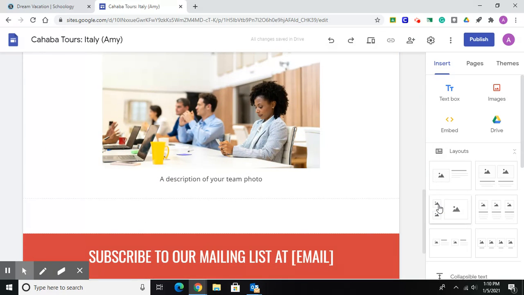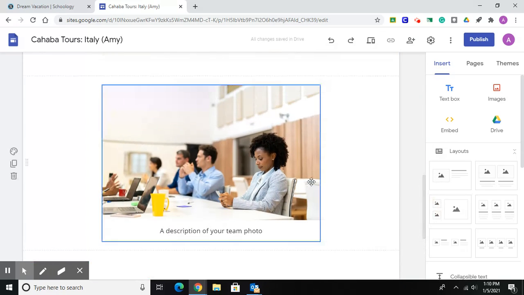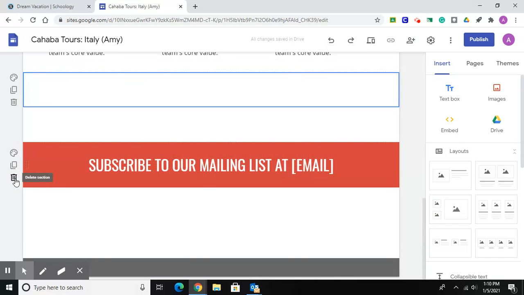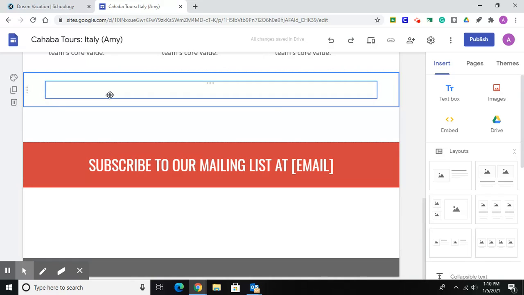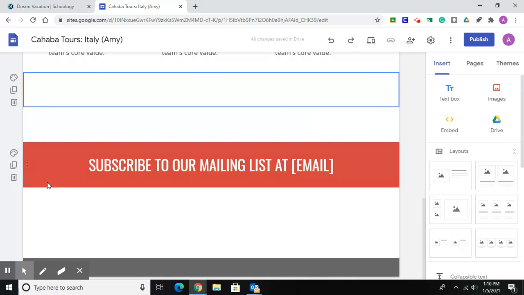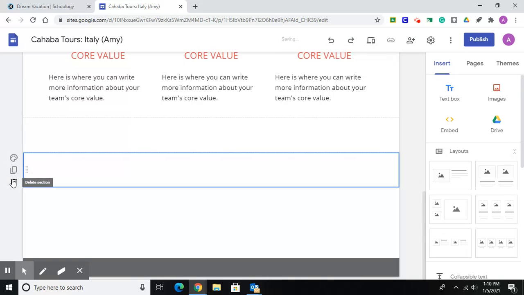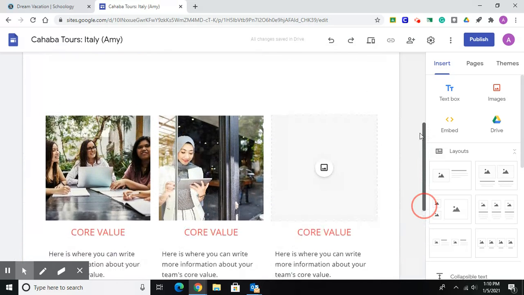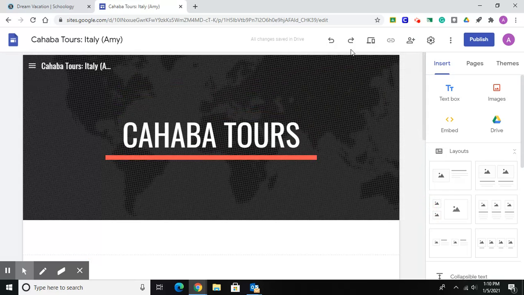I'm going to go ahead and delete this picture. I don't need that. And then this big red section, I'm going to delete that section. Okay. Now, if ever you accidentally delete something that you didn't mean to delete, thank goodness we have this undo